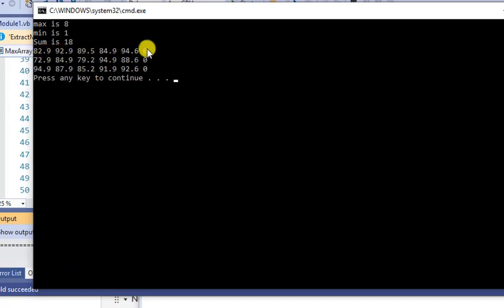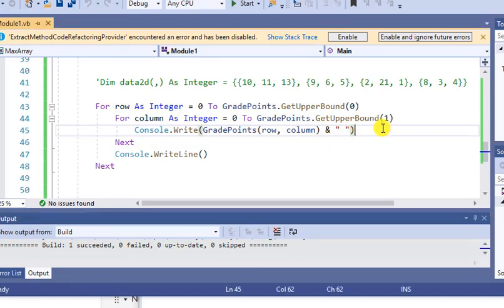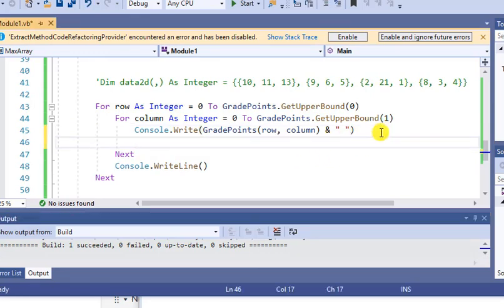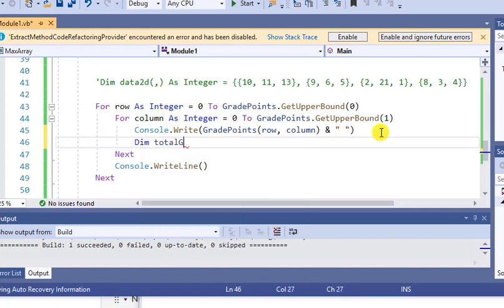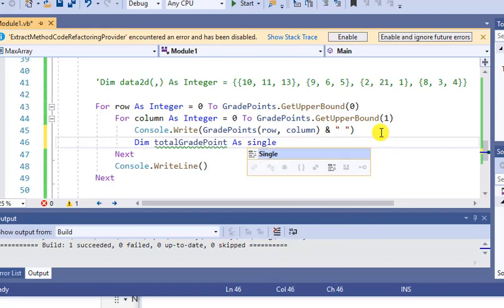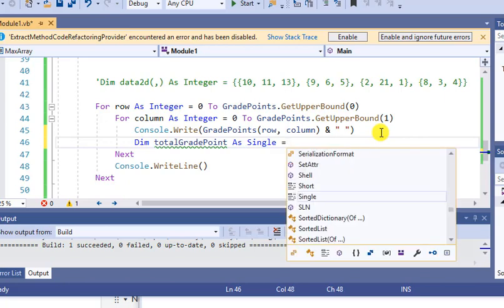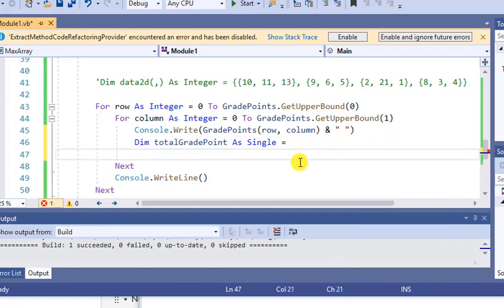The 0, like I said, we're going to compute the total grade point and put the value instead of the 0 there, right? So how do we do that? We need to figure out the total grade point. So dim total grade point for a student is, how do you calculate it, say for a single student? How do you calculate that? We calculate based on